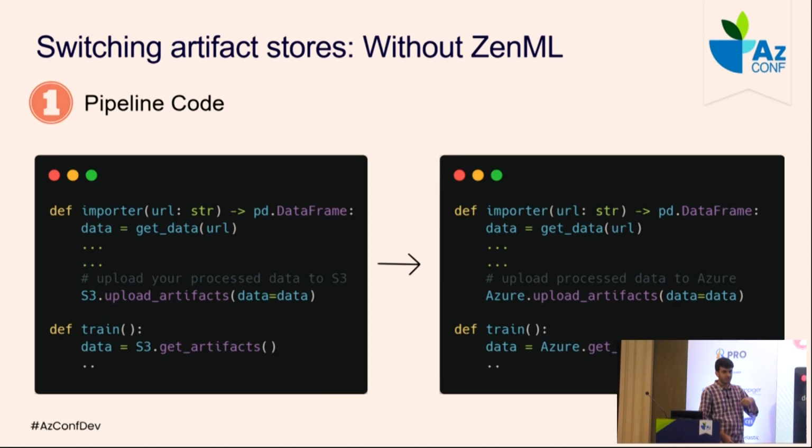So when I change the implementation from S3 to Azure, I'll have to create a new class, maybe an Azure class or something like that. And then each of my functions has to change as well. So ultimately, my pipeline code has to get modified a bit whenever I change a tool. It's a very simple transition. Even in cases which are far more complex, you'll have even more changes. Right now it's just S3 to Azure, but in the future, with more complex changes, you might have to change more than a single line of code. So, okay, this is the first thing. I just change this particular function call in my pipeline code, and I'm done with it.